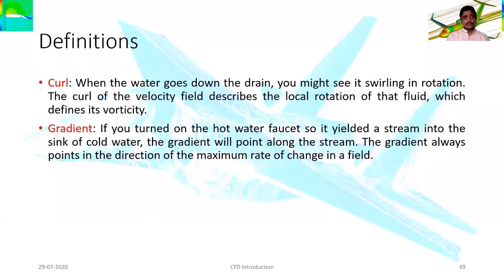Then next, when we talk about the gradient, it can be best explained as a scalar field. It is not a vector field. It's actually a scalar field, right? Where the cold and the hot water sink is available, that is your shower. The best example is a shower where the cold and the hot water come and mix, and from there it is giving the maximum rate of change of field, in the cold water when we are supplying it within a hot water.